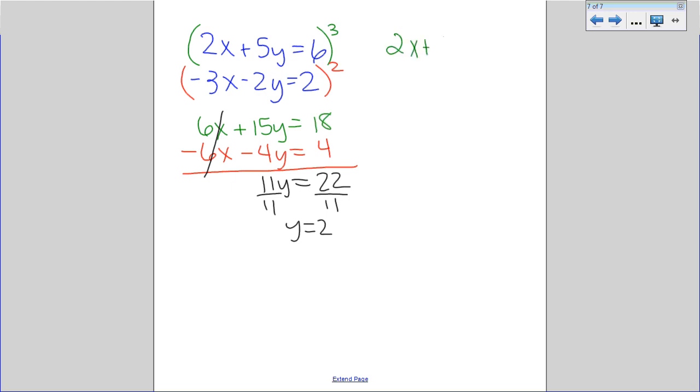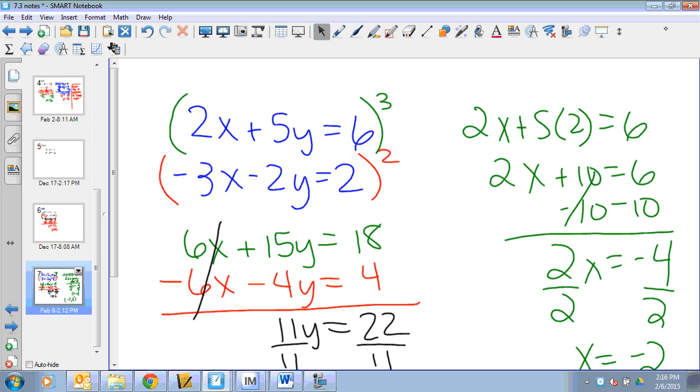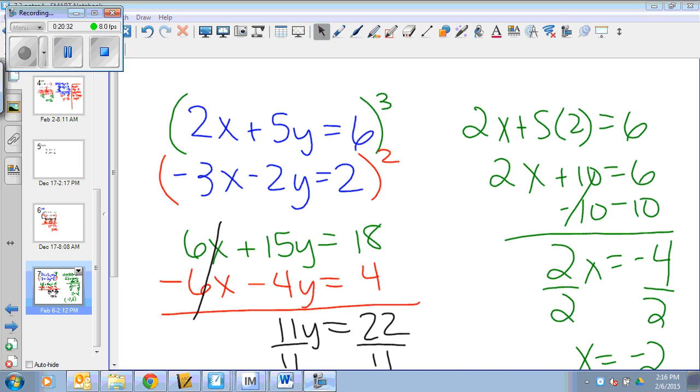I've got 2x plus 5 times 2 is equal to 6. What do you have to multiply 2 by to make it 6? Oh, 3. We're going to subtract 10. Now I'm going really fast, ladies and gentlemen, because you shouldn't have to watch me solve this equation, should you? Should you be doing this at your seat? Yep. If you want to watch me and copy my work down, you can. Your answers should be written as ordered pairs. Now, ladies and gentlemen, if you check the back of your worksheet, or the back of your notes, what is